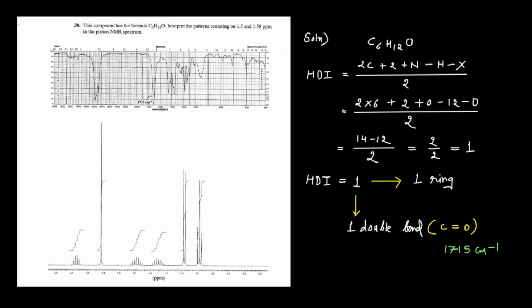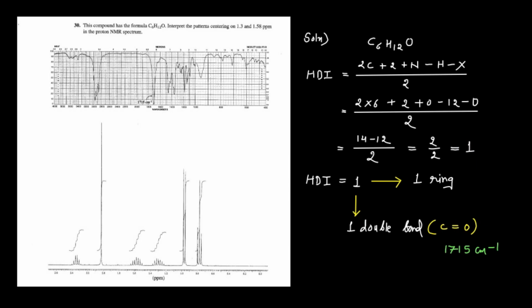Okay, so first of all, we'll calculate the index of hydrogen deficiency, or the hydrogen deficiency index. The HDI formula is (2C plus 2 plus N minus H minus X) over 2. So here 6 carbons are there, so 2 into 6 makes 12, plus 2 is 14. No nitrogen is present, 0. 12 hydrogens are present, minus 12. No halogens, 0. So 14 minus 12 by 2, that is 2 by 2, equals 1. So the index of hydrogen deficiency for this formula is 1,